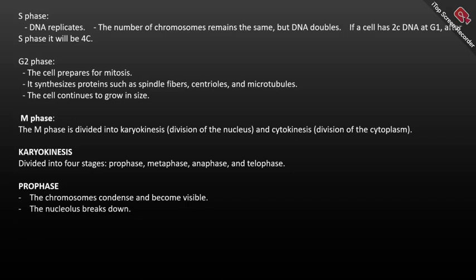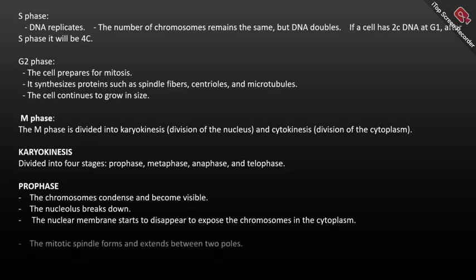The nuclear membrane starts to disappear as well, to expose the chromosomes to the cytoplasm. Then from there, the mitotic spindle, the microtubules, will do what? They will start appearing. They will form and extend between two poles. Then from there, we said prominent. So we're supposed to go to the